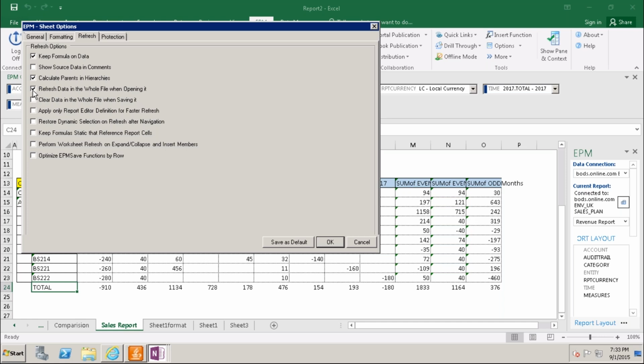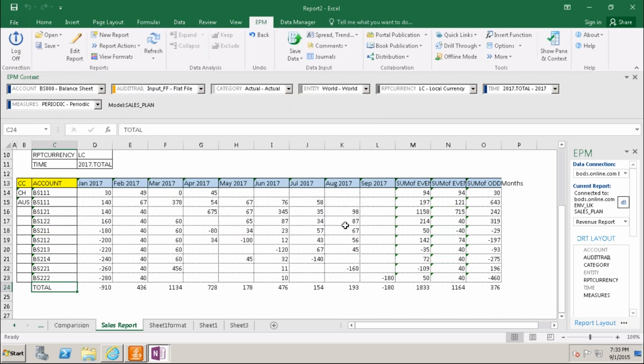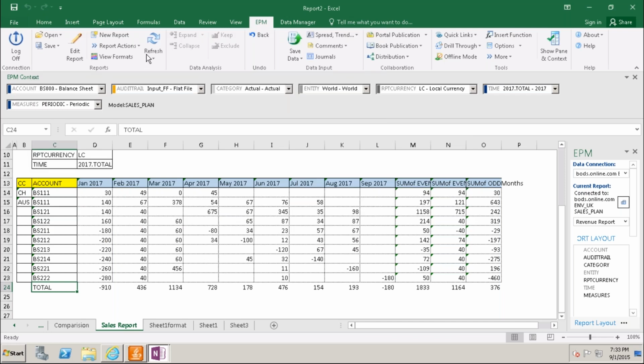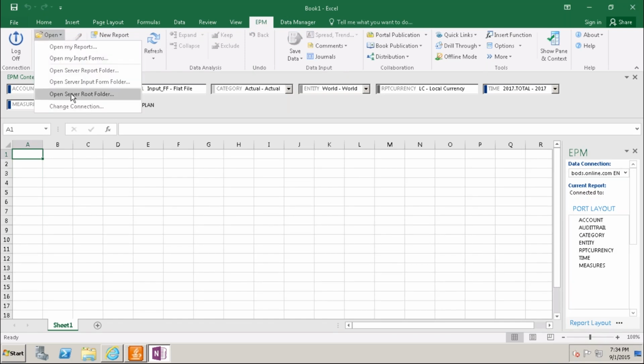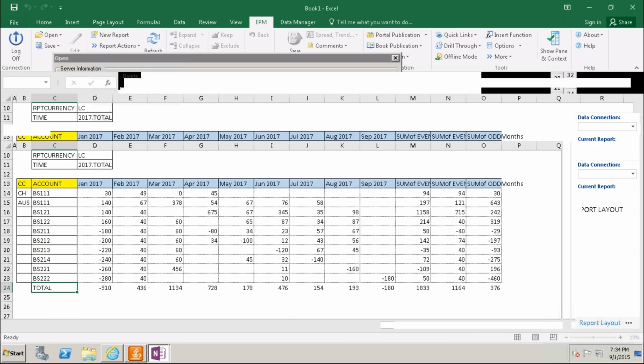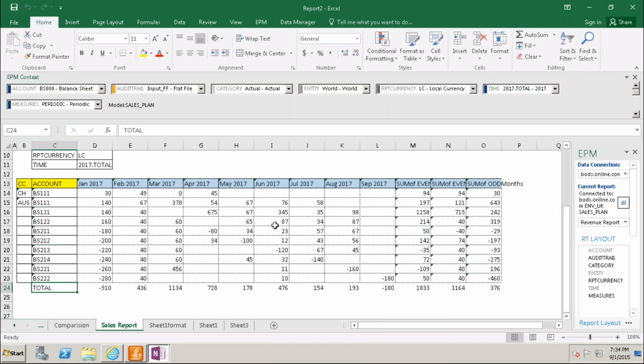When you check this box, click OK, refresh, and save this, then every time I open this report, it will automatically refresh and give you the data based on these parameters. That is one option.